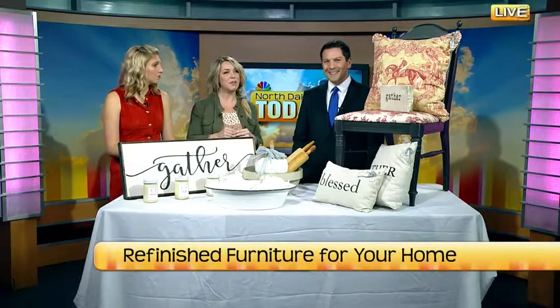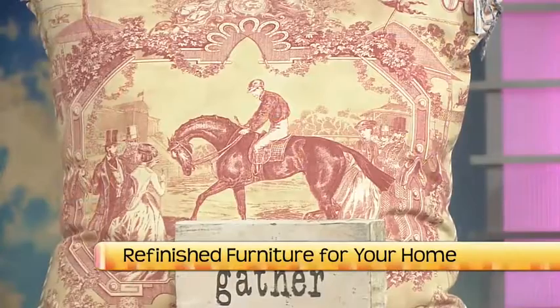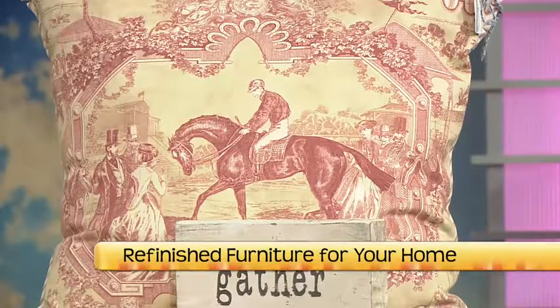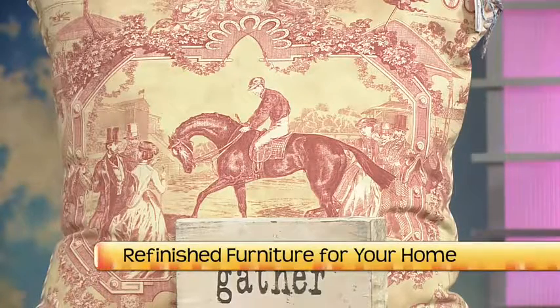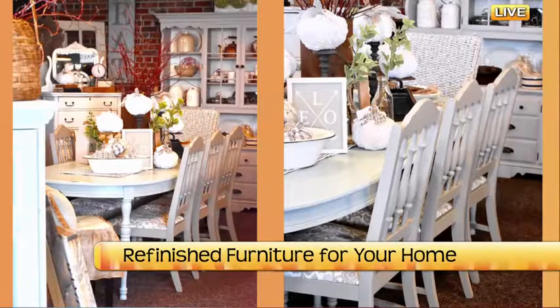So that's one of the photos I brought of our furniture. I like adding a pop of color, like just the seat cushions, because then your tablescape, no matter what time of the year it is, can still flow with everything else. I'm being a little bold by bringing in some color in this neutral trend, but it's a very muted color. The next photo is a great farmhouse table, and it's more in the neutrals,